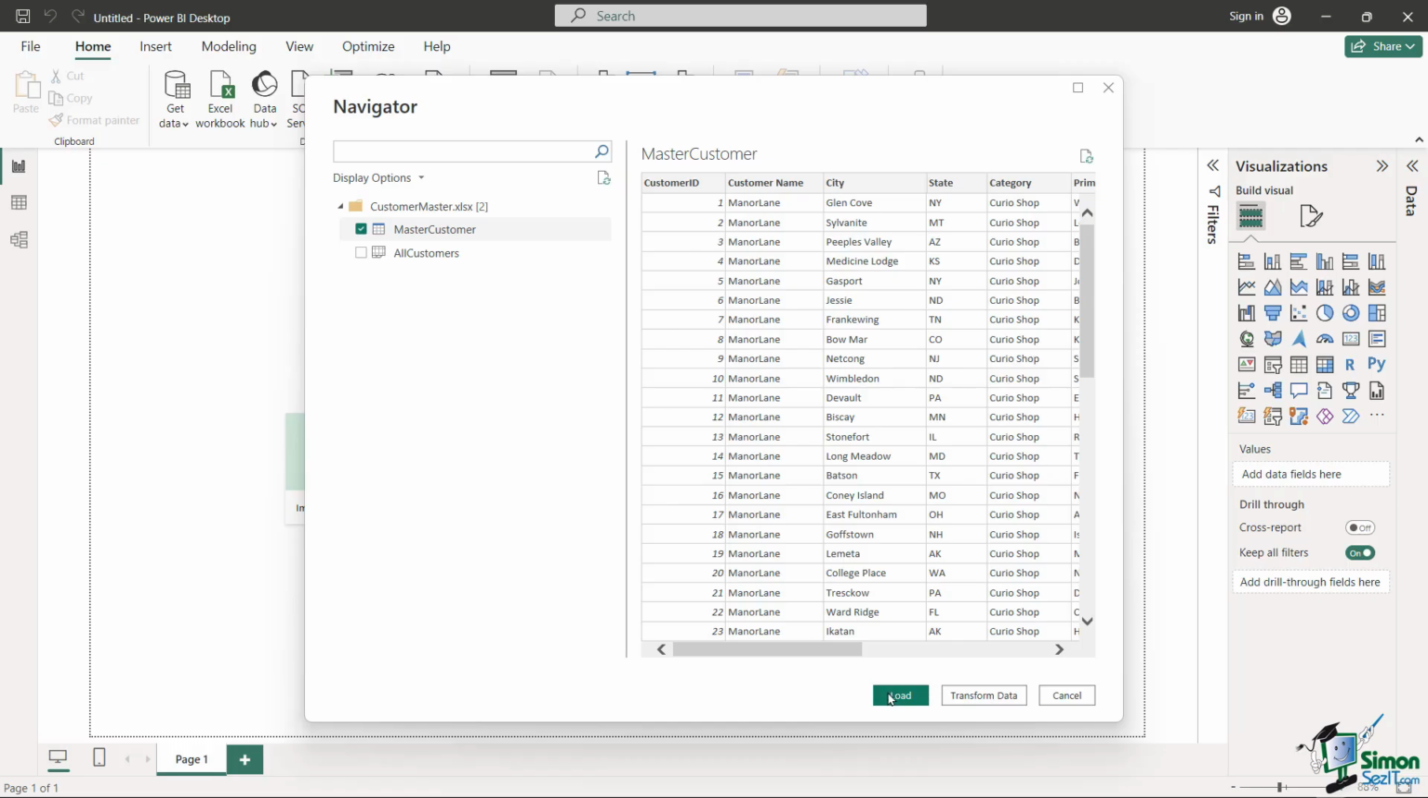Now on the bottom, I have two choices. I could either just load it up and then say, great, we're going to go directly into Power BI, or I can transform the data. Transforming the data is essentially going to allow us to kind of control what's in there before